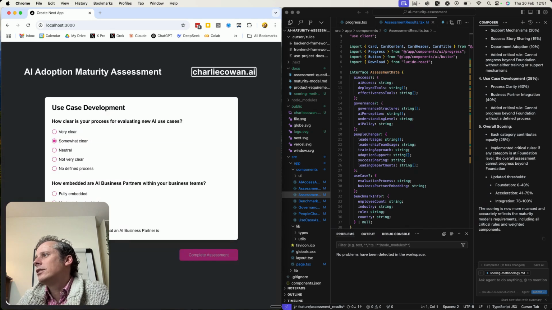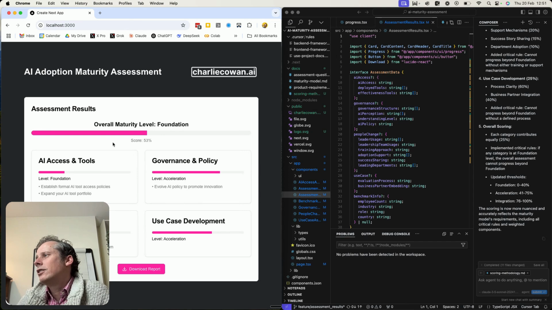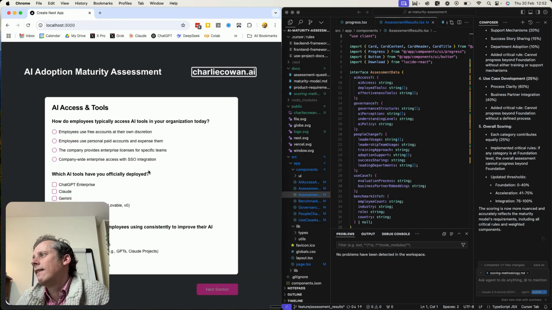Use case development. Complete the assessment. No, just show me the results for now. View results. Okay, so now the scoring should be correct. We have not got our download report yet. Okay, so with some advice there. Okay, so there were a few things that we need to see there. So let's refresh. So firstly,